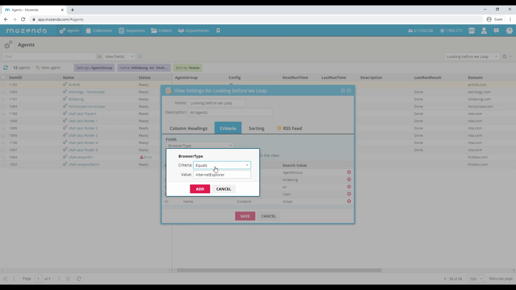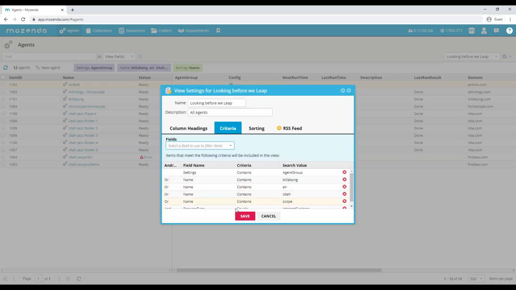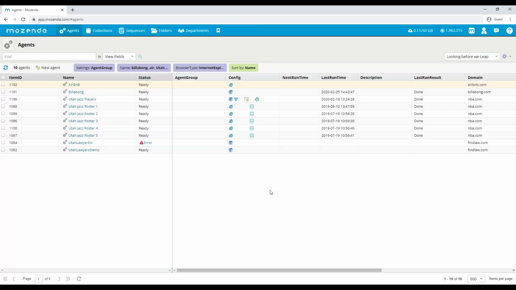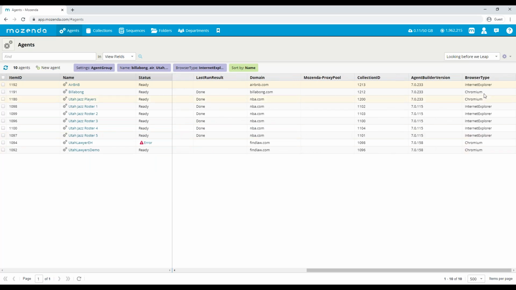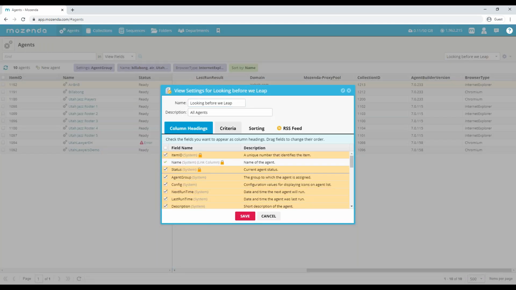Yeah, so you can do equals or contains. Equals has to be exactly spelled correctly with all the same white space, with space between here if that's needed. So once we hit add, we can save. We should see it update. Here, looks like I got my space wrong. Internet Explorer. So it looks like we need to change the criteria